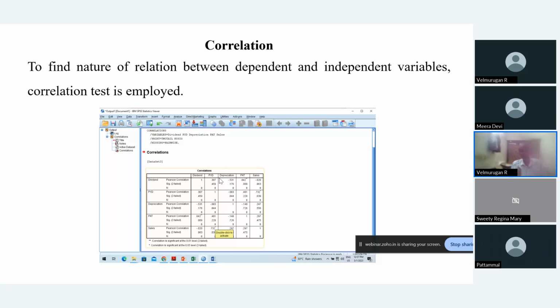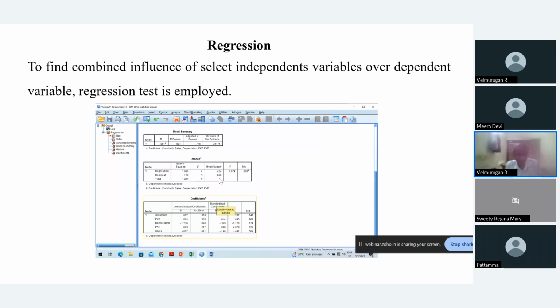Next is regression. For regression, there is no parametric and non-parametric. It is only one thing. The purpose of regression is to find the combined influence of selected independent variables over the dependent variable. While writing the purpose of tools, instead of writing in mathematics terminology, like saying that by making use of regression we will predict the future values of X or Y,